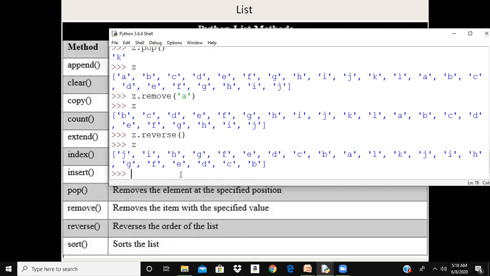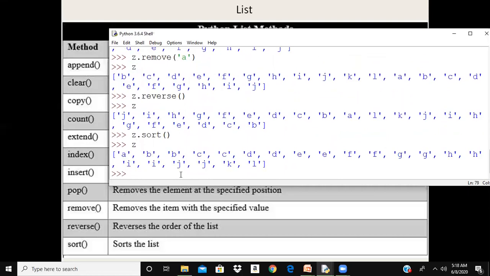For example, if my elements are 1, 19, 54, 12, if I run sort, the elements will be arranged in the increasing, that is ascending order. In the same way for alphabets also, they will be arranged in the dictionary order. If I say Z dot sort and run this function, now if I look at Z, you can see this A, BB, CC, DD, all the elements were sorted. This is what sort is.